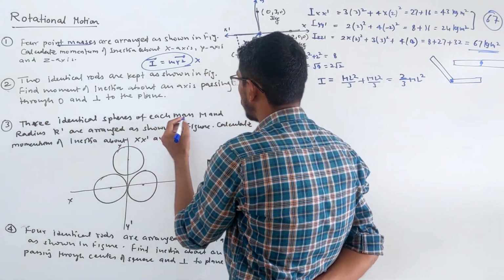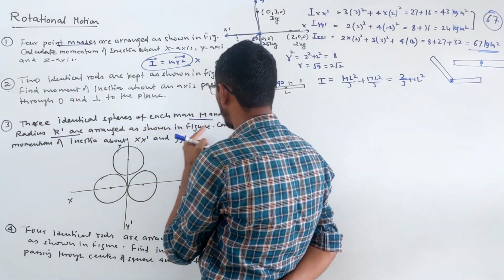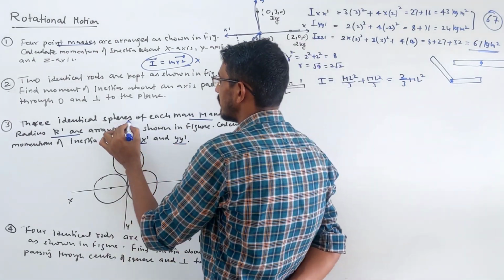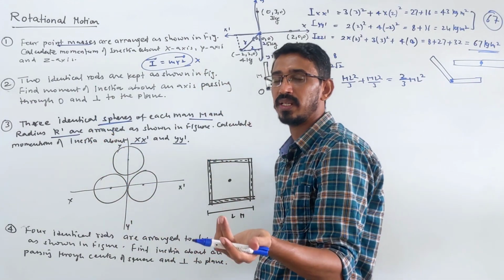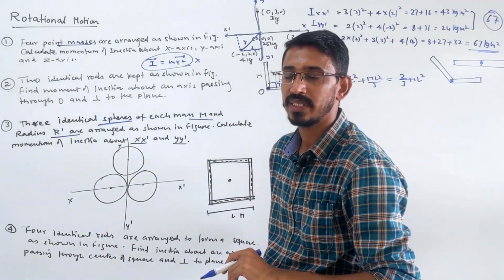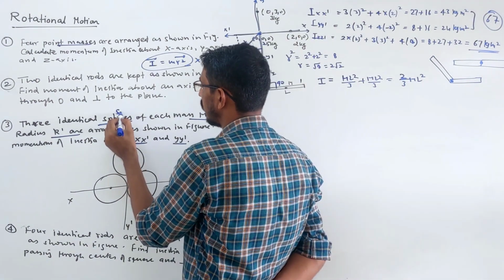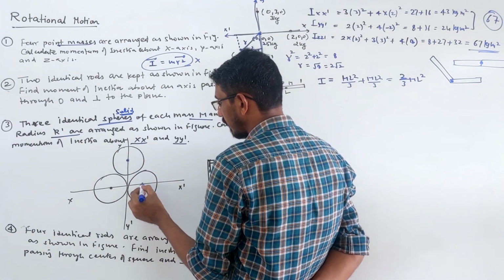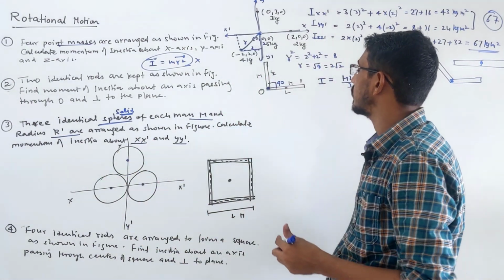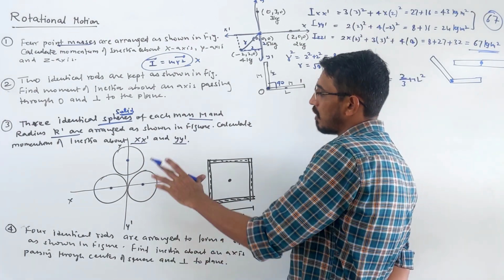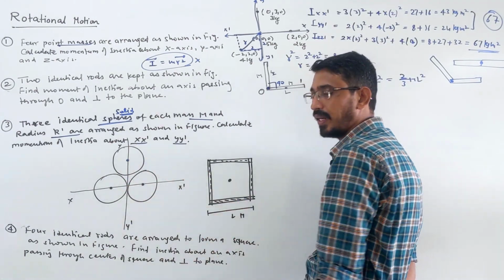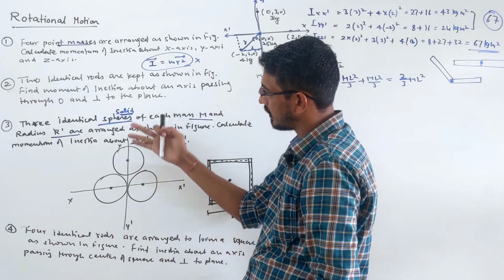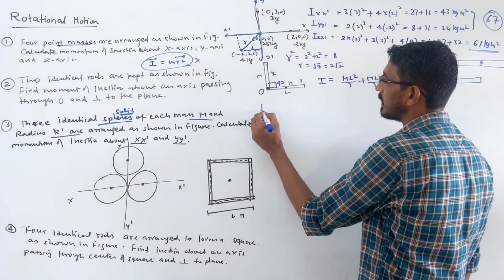Three identical spheres, each of mass m and radius r, are arranged as shown in the figure. Calculate the inertia about the x axis and the y axis. When they say only spheres, it always means solid spheres. When talking about hollow spheres, they will say the word hollow, or they say spherical shells. So these are first solid, do not confuse. Three spheres are arranged like this one. This type of question was asked in our exam also. So we have to find the inertia of these three spheres about the x axis and about the y axis. About x means everybody is rotating about the x axis like this one, spinning. Let's find first about the x axis.